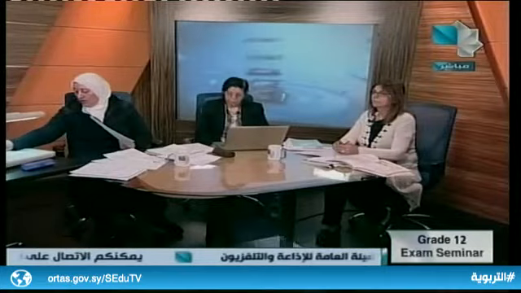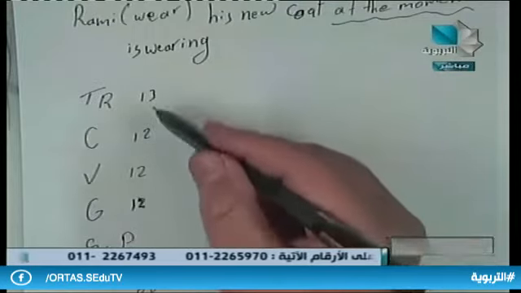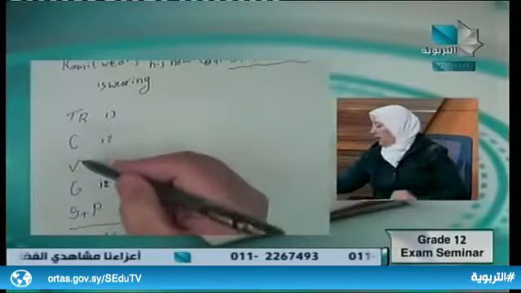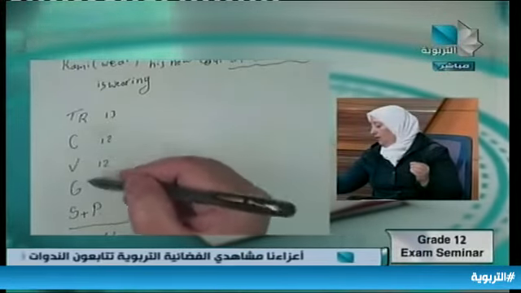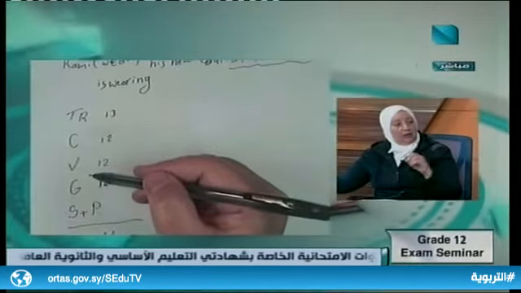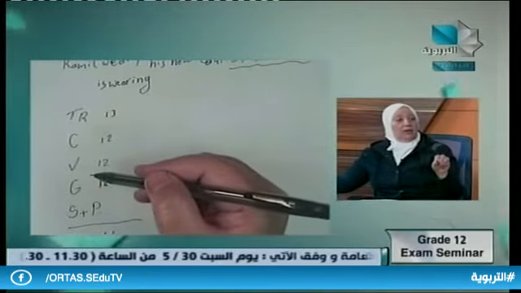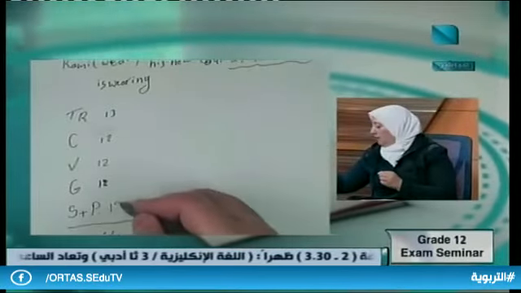Okay, so for the task response, he has to get 13 marks out of 66. This is how we grade his paper. Content, 12. For the vocab, did he use the vocabs he needed in this topic? Not only writing two words, with the whole topic about these two words. No, he has to use at least 6, 7, or 8 vocab suitable for his topic. Then grammar mistakes 12, and spelling and punctuation also 12. Now the total is 66 marks.